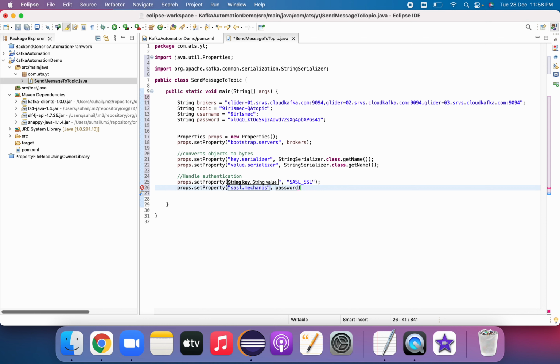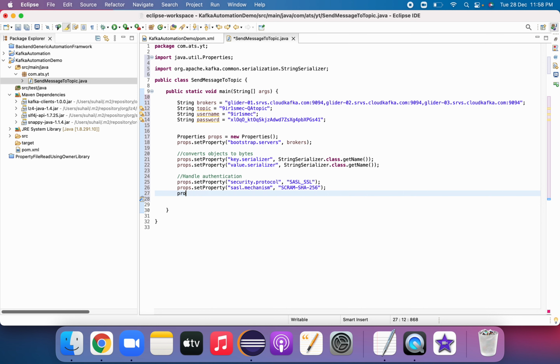It should be, for this particular cloud-based solution we are using, SCRAM-SHA-256. We have different authentication mechanisms. For this particular cloud solution, we are using SCRAM-based authentication. For that purpose, we have declared these properties.